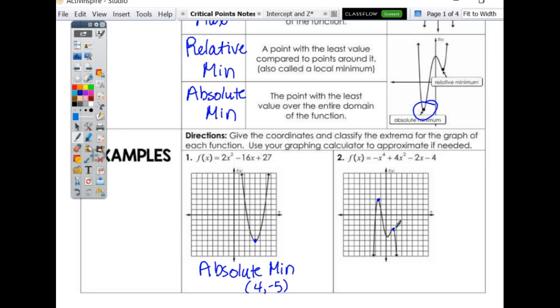What's this one called? Absolute maximum, and the other one is